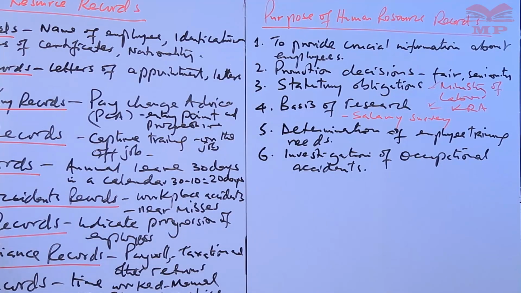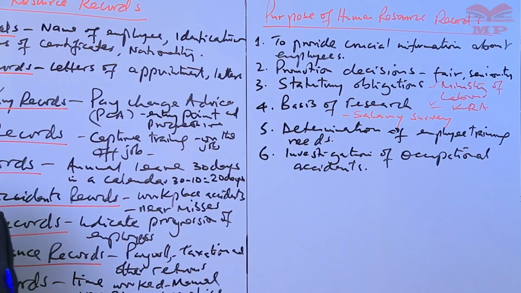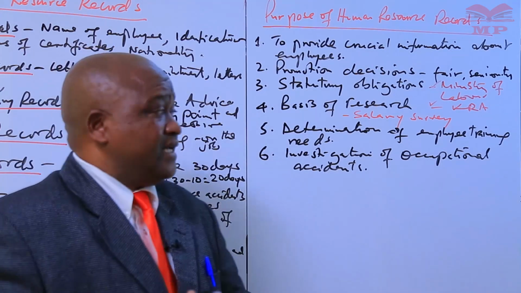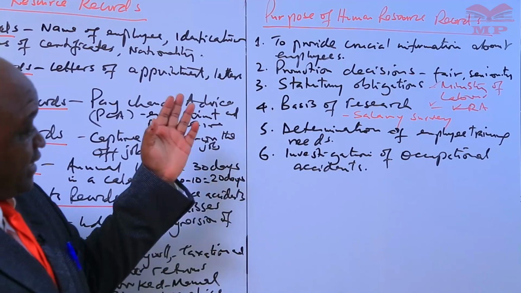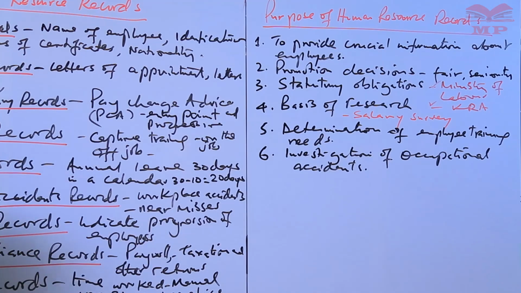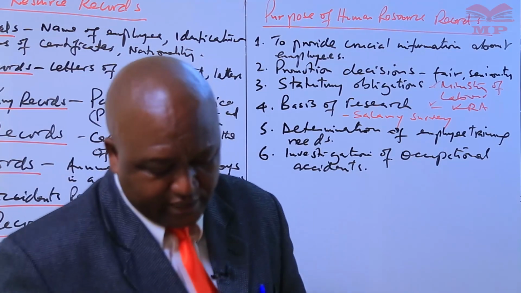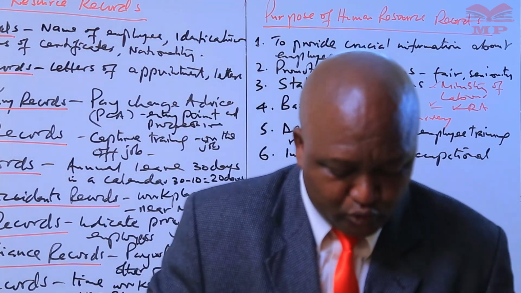So if you have records that have been maintained, and these records focus on the near misses, the accidents in that particular kind of an organization, then investigation of occupational accidents can also be one of the uses or the purposes for which an organization is able to maintain and use these particular records within a given setting. Then when it comes to